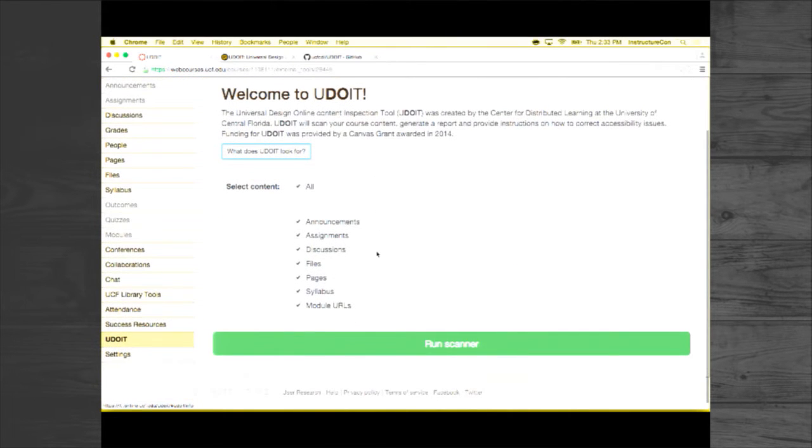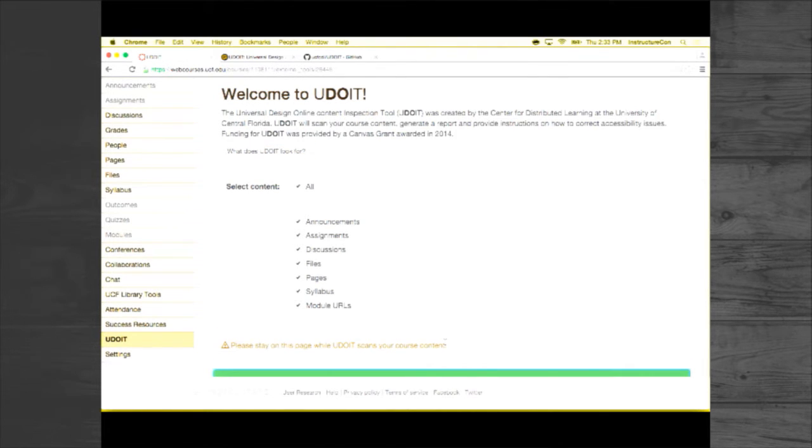But the real meat of it here is we've got these checkboxes to allow you to isolate specific portions of your course content to scan. But we're just going to scan everything because it's a very small course. And that brings up a good point, because